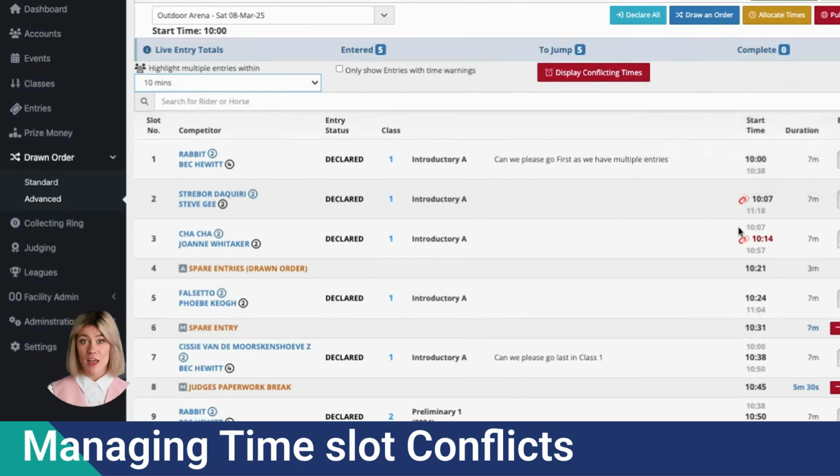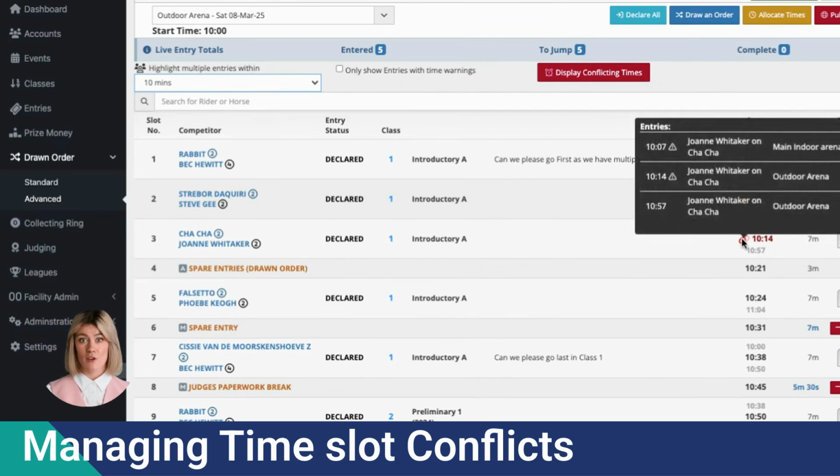There is also here a red 2-ring icon that indicates that there is a conflict with the times allocated between one arena and another. If you click on this icon, it will show you all of the times and arenas that this competitor has entered like this, and you can see where the issue is. So in this case, you can see that Joanne Whitaker is riding Cha-Cha and has 3 classes to compete in: